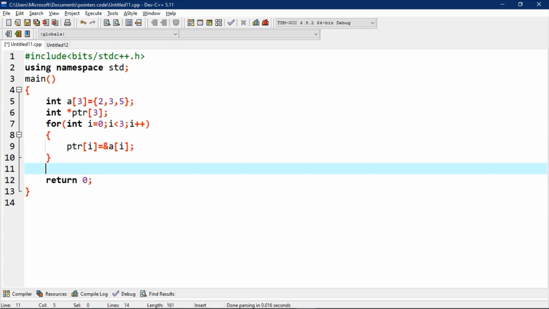Then we will write another for loop to traverse ptr and print its elements.